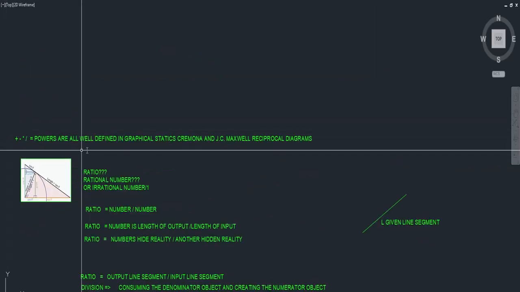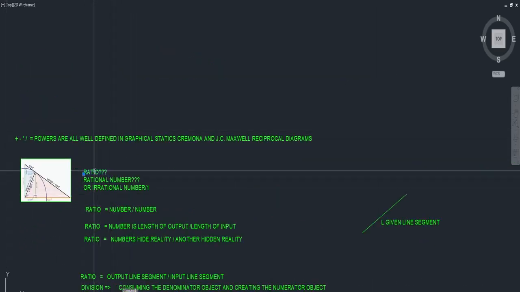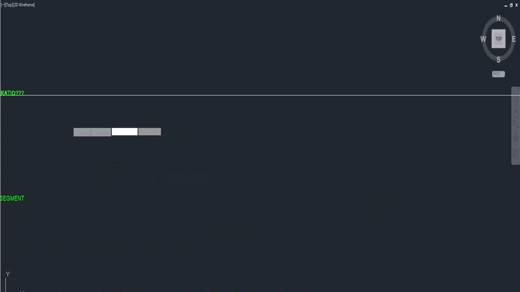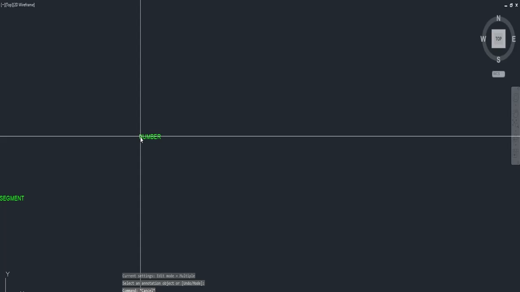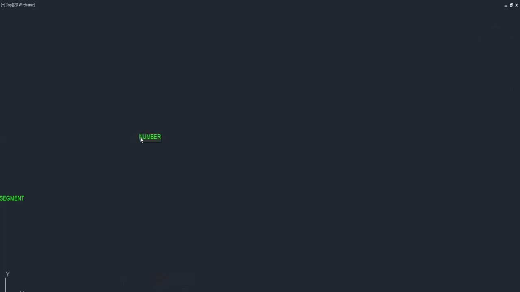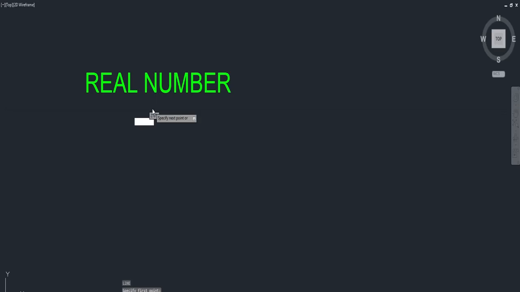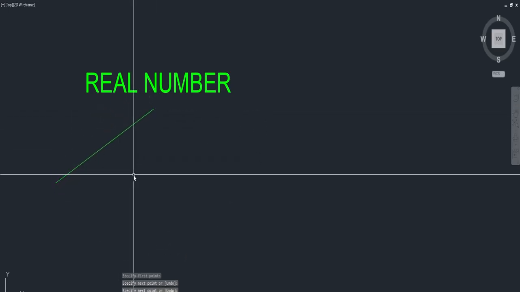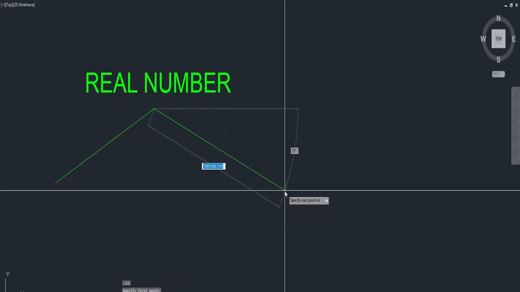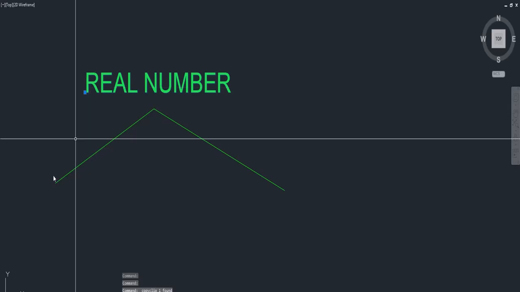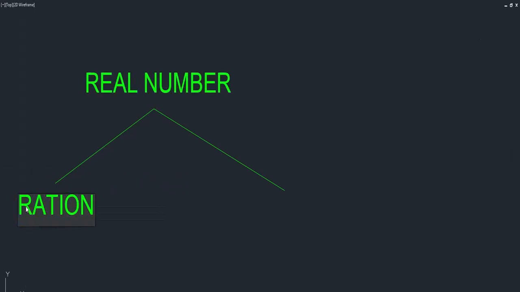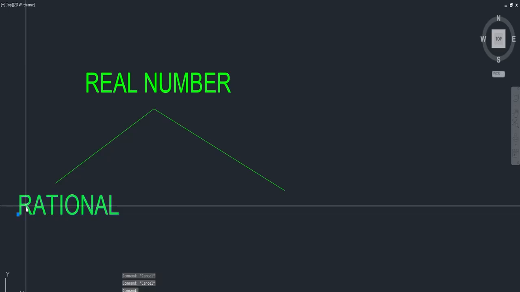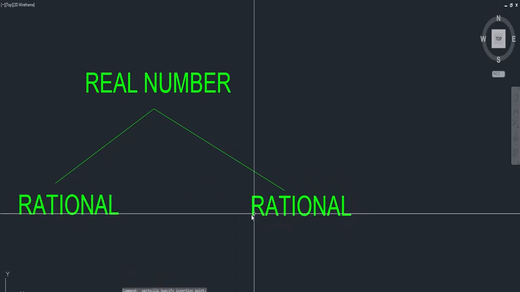Now if we consider any number, whatever the number is, any number that is a real number, then two conditions can occur. Either it is a rational number or it is an irrational number. If it is a rational number,